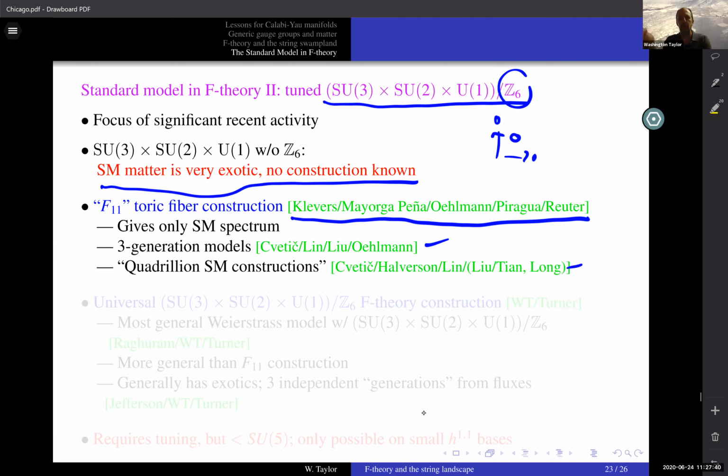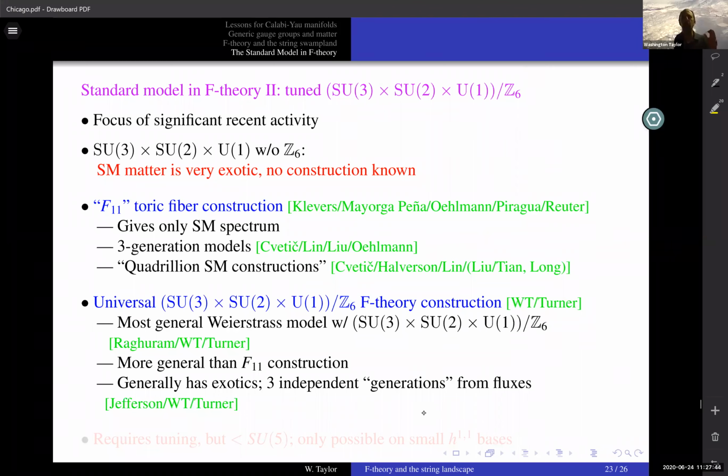So along these lines, with Andrew Turner, we've been looking at what I might call a universal SU3 cross SU2 mod Z6 F-theory construction, where we're able to basically identify the most general model that has that gauge group with generic matter. And in a recent paper with Nikhil Raghuram, we identified this indirectly with Andrew, and then we found the Weierstrass model in a recent paper. This actually has 2 branches. It's got a branch 1, which has extra kinds of exotic matter, and a branch 2, which is